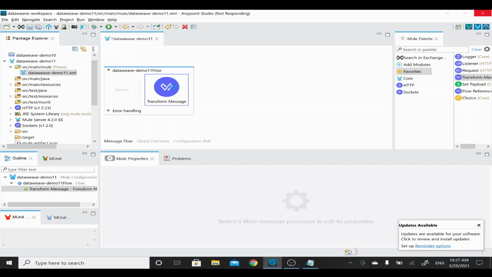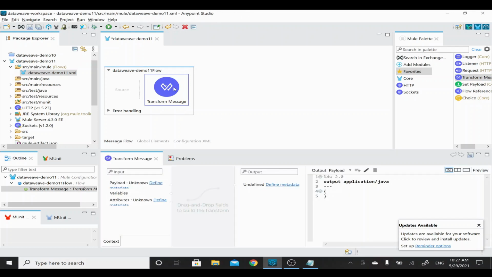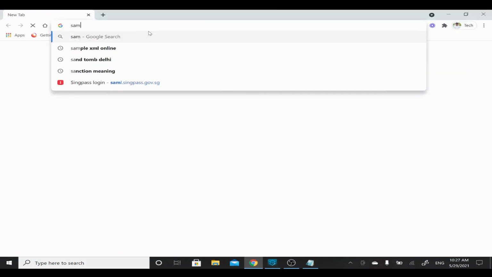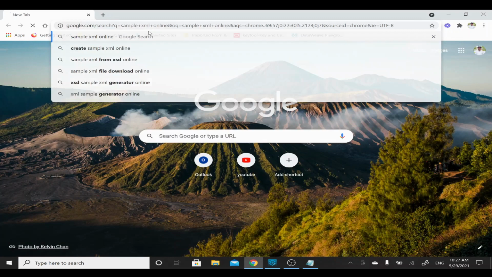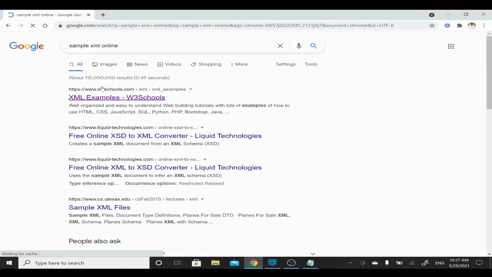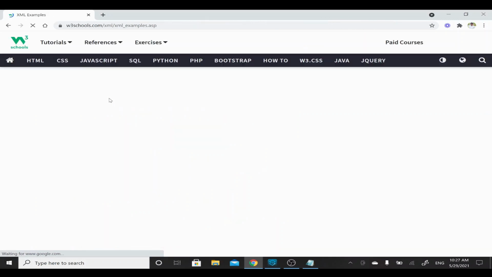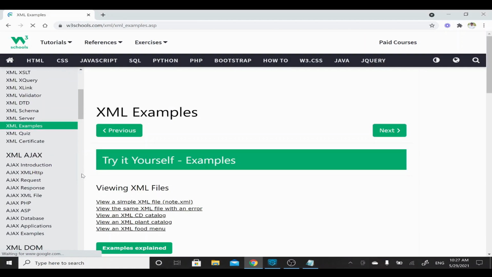So in order to work with the syntax, I need some sample data. So I'll just try to take some sample data from internet. I'll just say sample XML online. And I'll just go to this w3schools.com website. I'll take some samples.